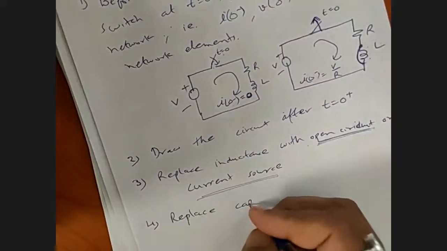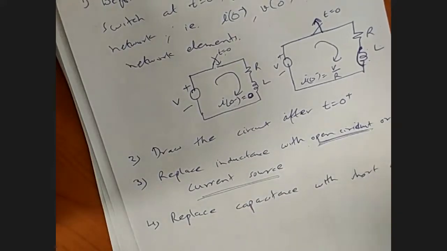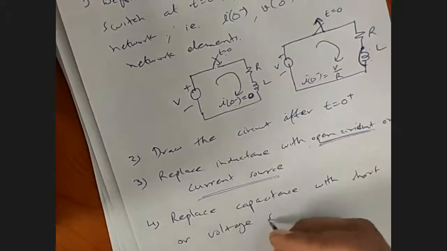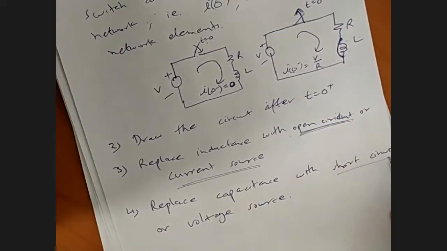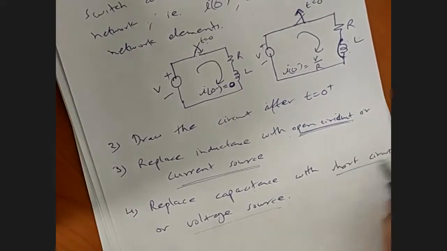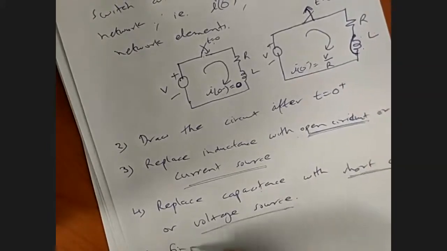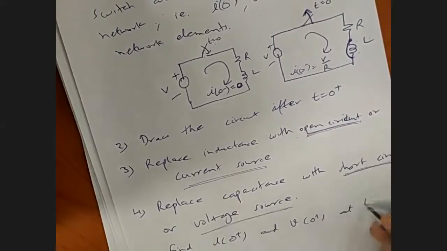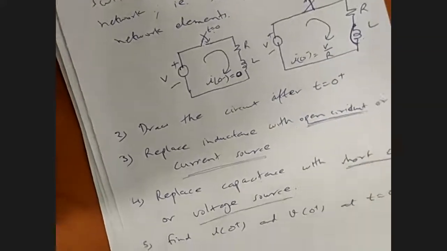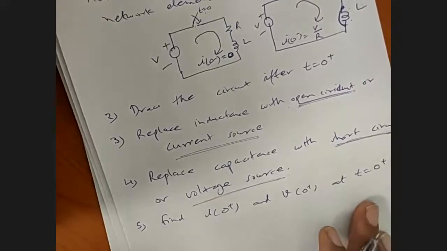Then 4, replace capacitance with short circuit or voltage source. कैपेसिटेंस को शॉर्ट सर्किट से रिप्लेस करना है या वोल्टेज सोर्स से। शॉर्ट सर्किट अगर कैपेसिटेंस के अक्रॉस कोई वोल्टेज नहीं है, और अगर है तो बाय ए वोल्टेज सोर्स। Now 5, find I0 plus and V0 plus at t equal to 0 plus। अब जो सर्किट रिमेनिंग रह गया आपके पास, उसमें I0 प्लस और V0 प्लस निकाल लो एट t इक्वल टू 0 प्लस।